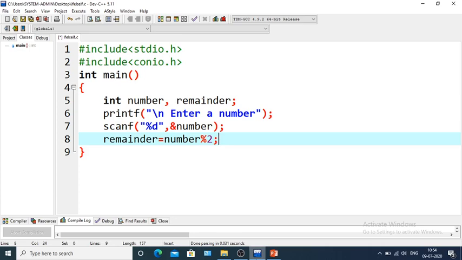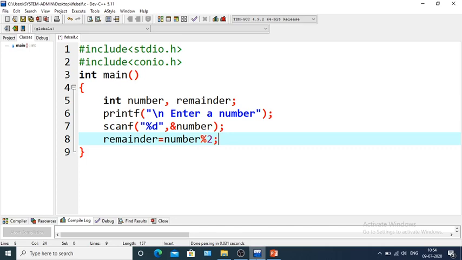Suppose the number is 17, we divide 17 by 2, the remainder will be 1. If the number is 16, if we divide 16 by 2, the remainder will be 0. So the remainder can be 0, otherwise 1.